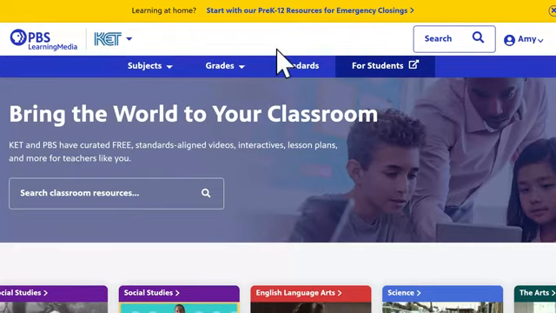You don't need to have an account for PBS Learning Media. It's free to everybody who has access to the internet. But it really helps if you have an account because then you can favorite your favorite resources and make folders. So if you create an account, you would go up to the right-hand corner where mine says Amy.